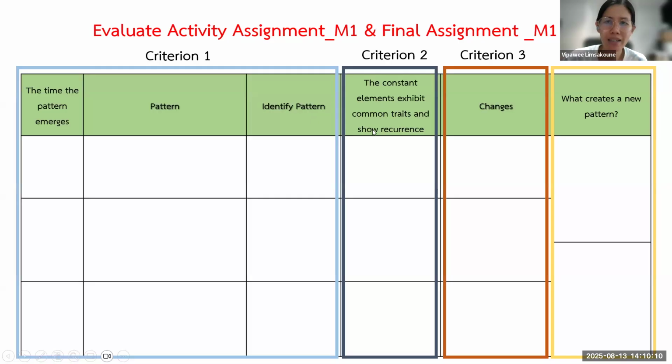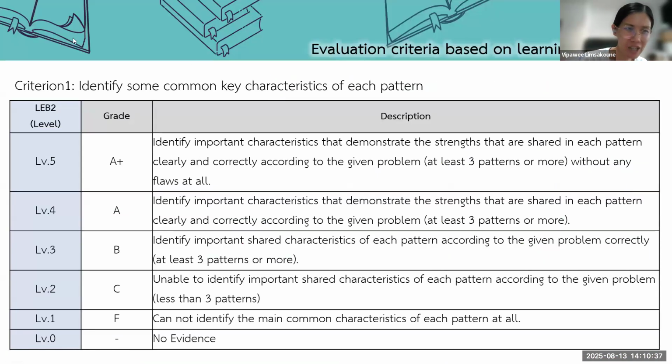Then I look at criterion 2, consistent element, the common thing within the same pattern. I like to call it that way. And the change within the same pattern. And then the fourth part is what caused the new pattern. Criterion 1,